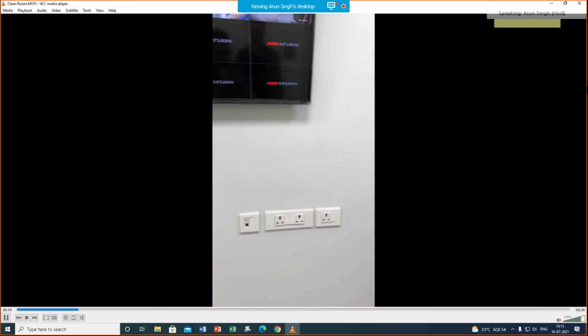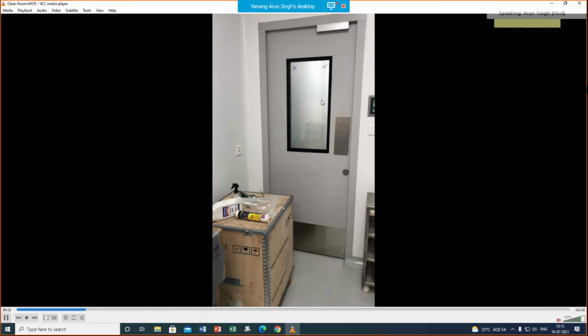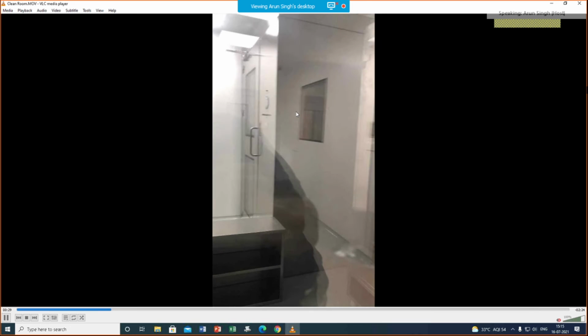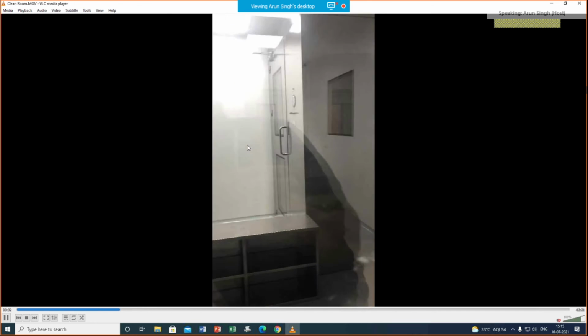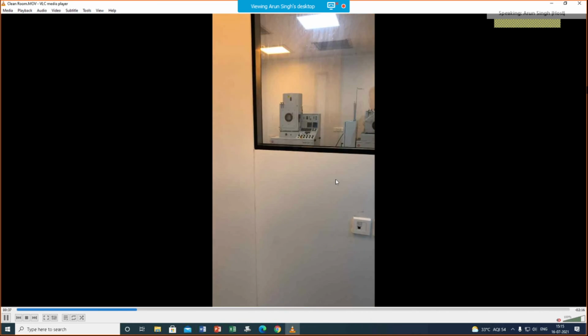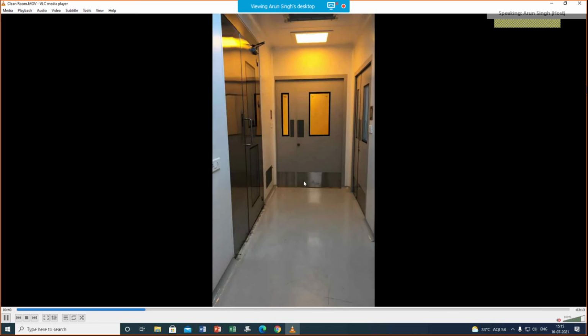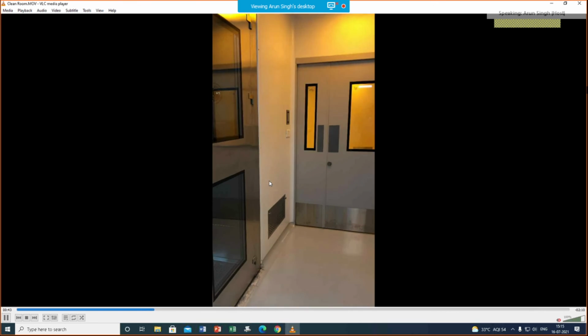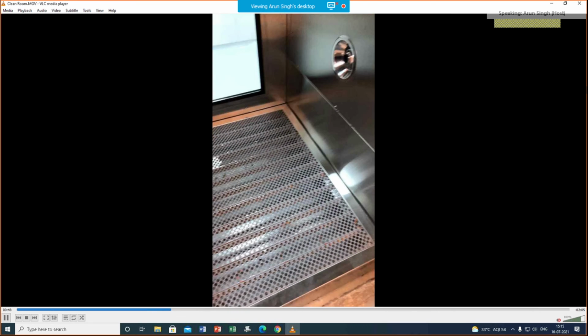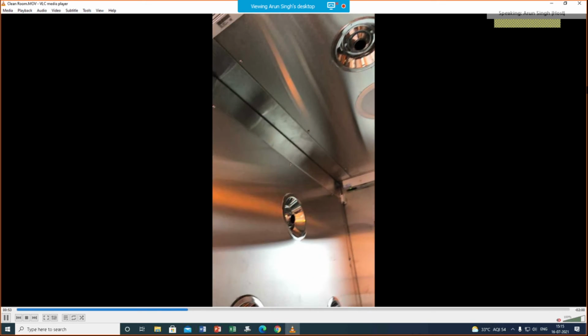On the right side we have planned one store to keep the things which are required for the clean room. So in front, we enter the lab from this room. So this is the changing room. There you can see the air shower. From that air shower you are supposed to go inside the laboratory. So right now we are entering from another door instead of the air shower. So this is the corridor which I showed to you, and the air shower is basically pumping air from all the directions so that whatever dust particles you are carrying with you can be removed in this area.